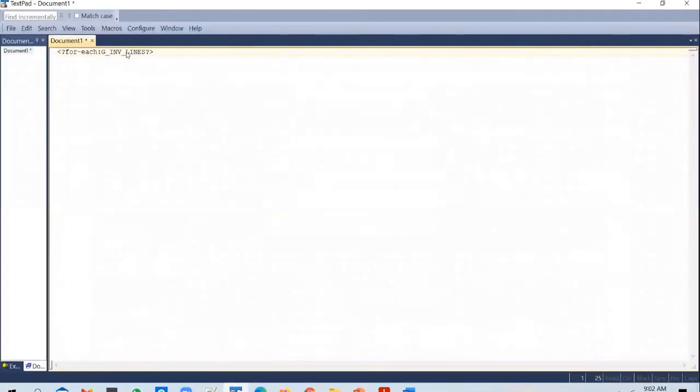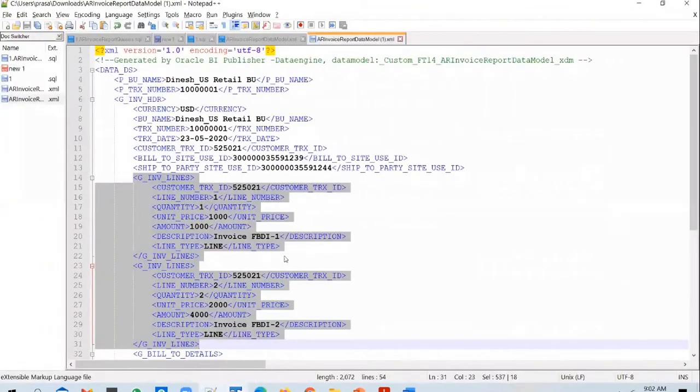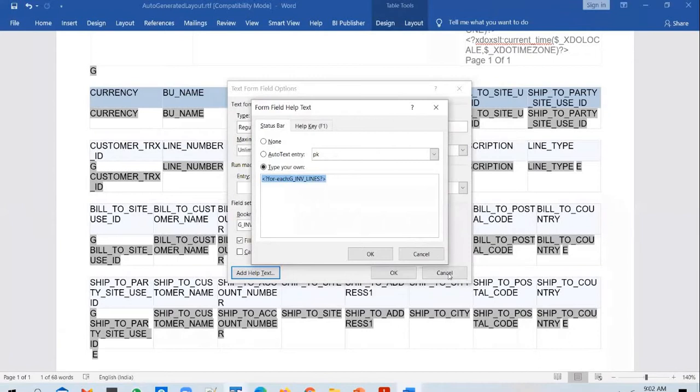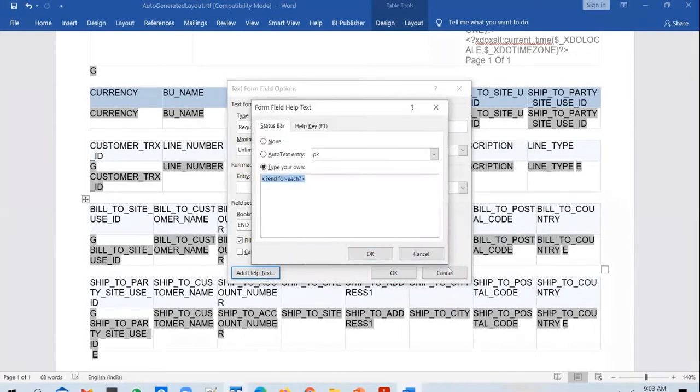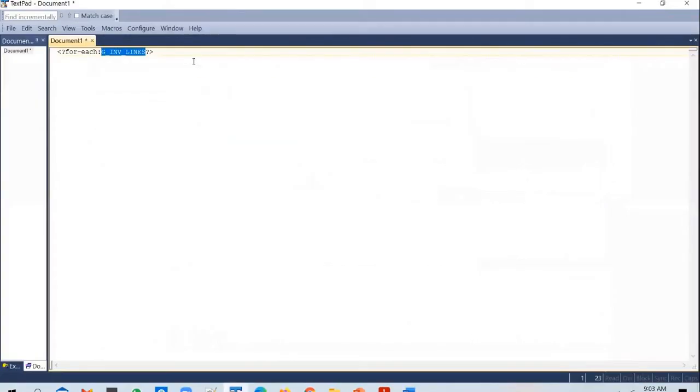If you use for each, let me copy the start tag. This is a start tag for each, and this is an end tag for each.